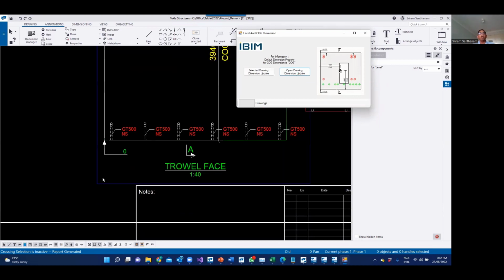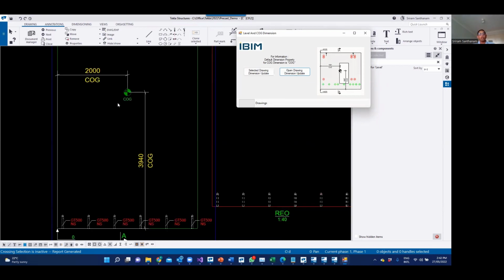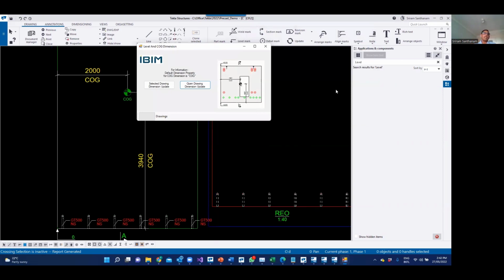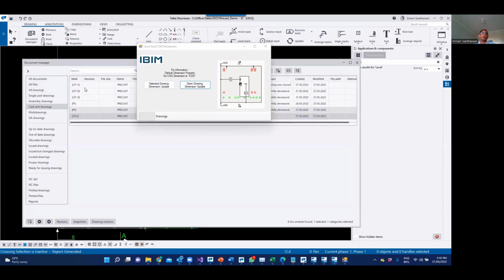So again, the reason why I have kept this one in the model is because you can select all the cast unit drawings and you can run it. You don't have to open the drawing and run this tool, because that is the reason you see this option, selected drawings dimension update. So in the document, close the drawing, come back to the model and select all the drawings and run this tool. Okay, and the next one,